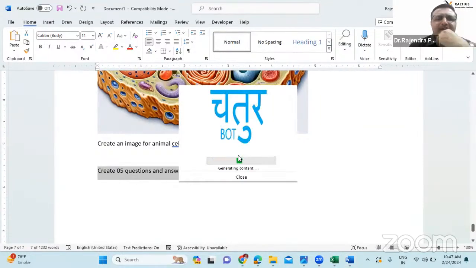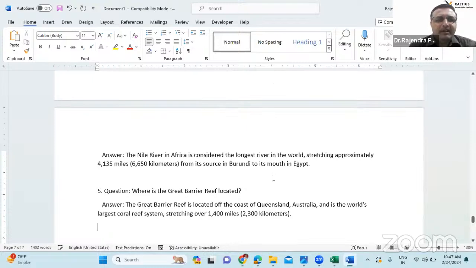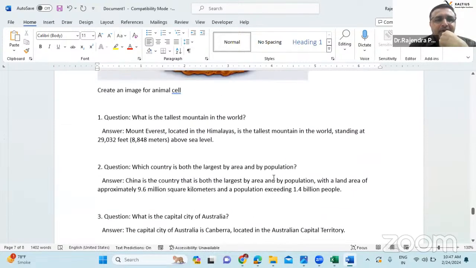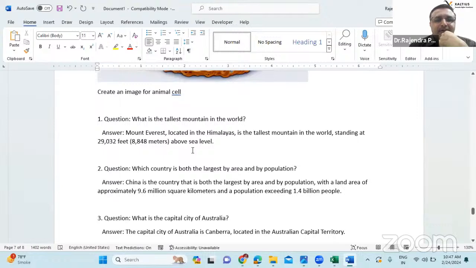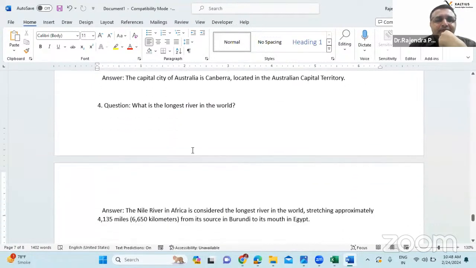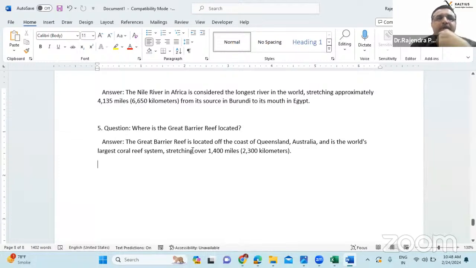So you ask anything, not only this in Marathi, Hindi, all languages are supported. Can you see? Your questions, answers are designed. So this can help you if you want to generate advanced questions and answers, create difficult questions and answers. So all that will be created.